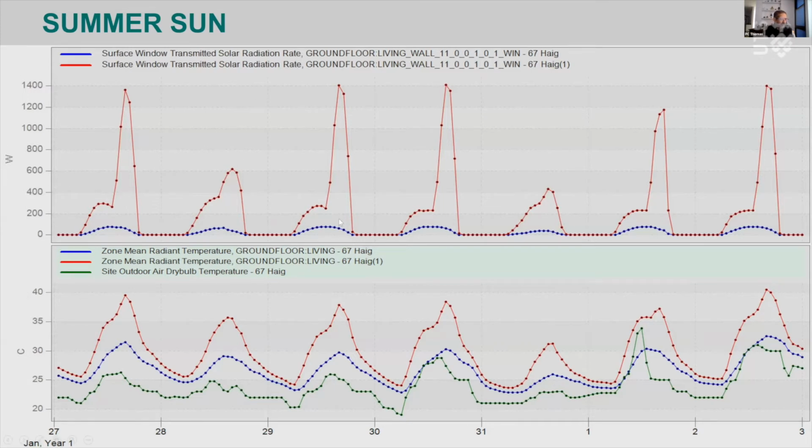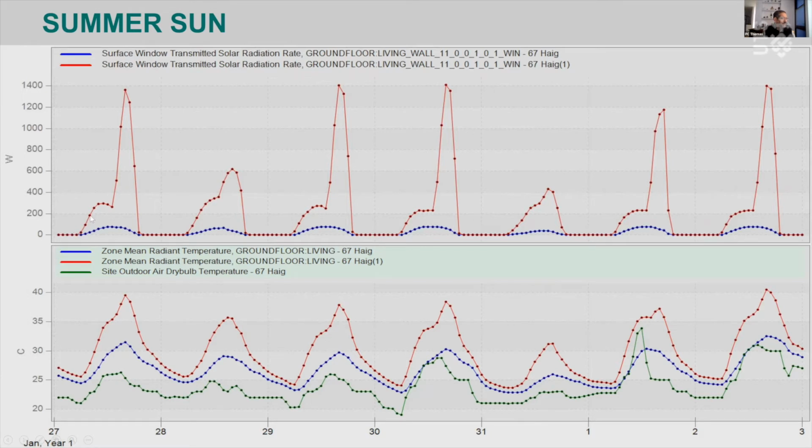Okay, so I want you to look at the bottom graph here. The green line is the outside temperature in Sydney's east. And you can see here, Sydney, we very rarely get above 30 degrees. Here's a day at about 34 degrees. Otherwise, we've got days at around 28, 29. There's another one there about 31 degrees centigrade. That's the green line.